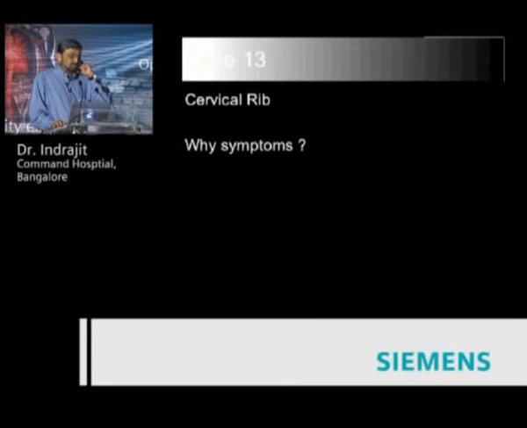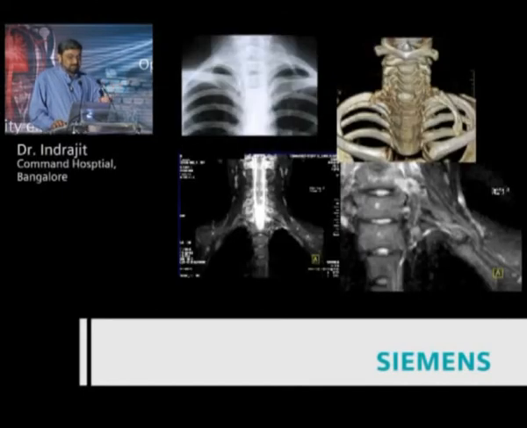Finally, we come to cervical rib. Why the symptoms in cervical rib? Why brachial plexus in cervical rib? So here's a typical case of cervical rib on the left hand side, and one looks very closely at the